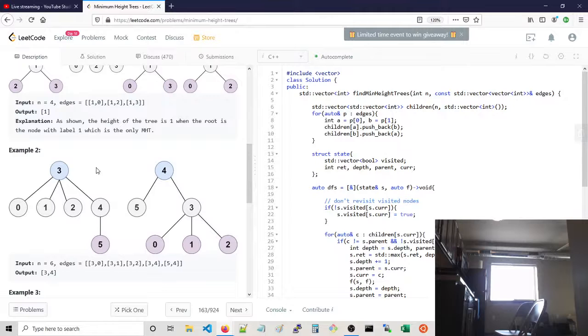Let's just say we found the answer for all the nodes. We know the furthest paths for all the nodes. It's just some number, the length of the furthest path. Okay, now